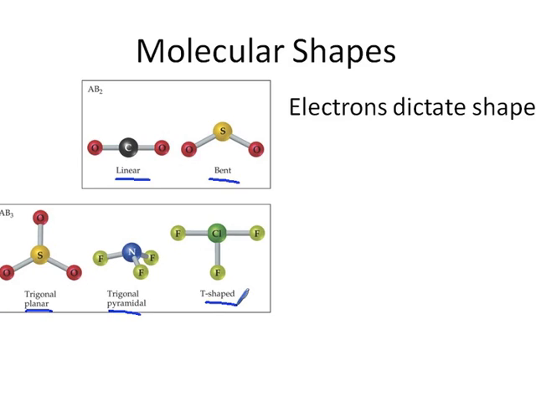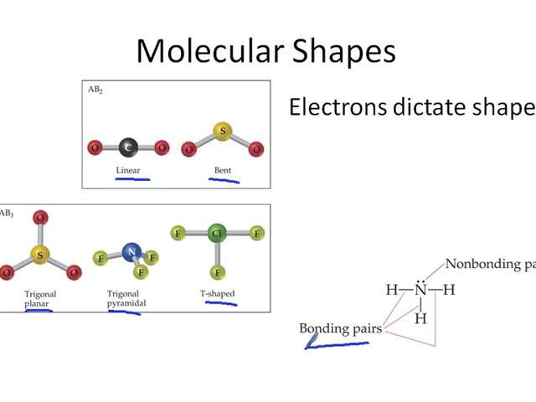Okay? And what we have to look at are these electrons. So here's a Lewis dot structure. And we've got bonding pairs and we've got a non-bonding pair. Okay? And so to do this, you have to draw